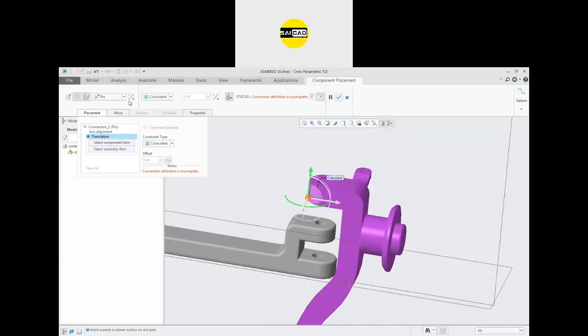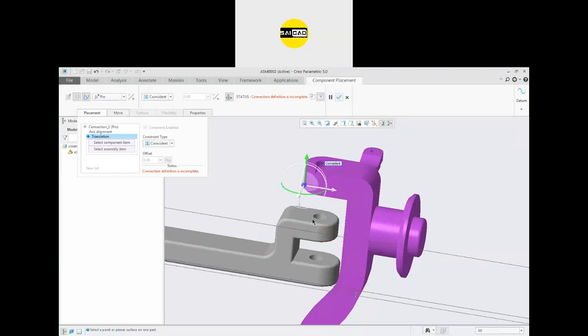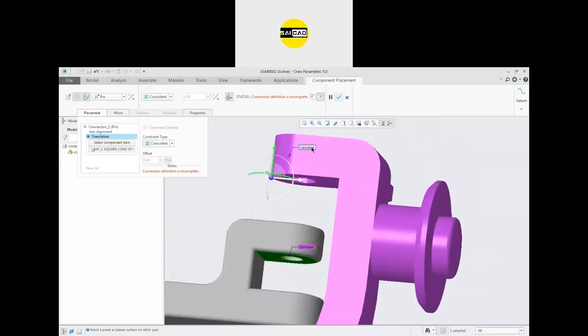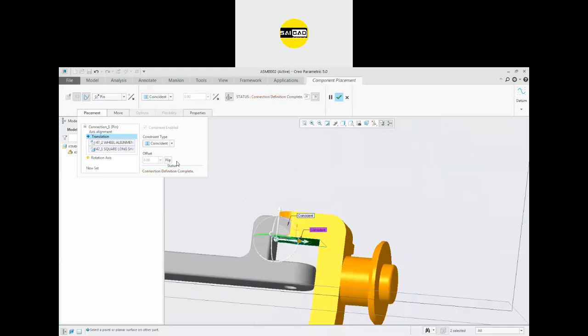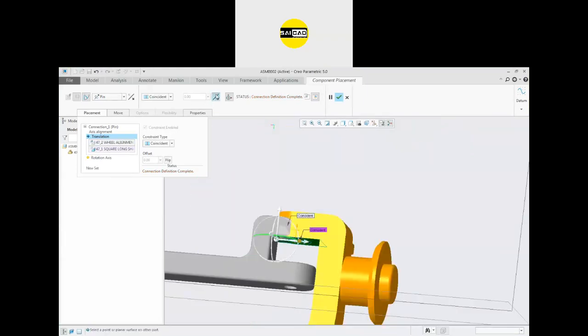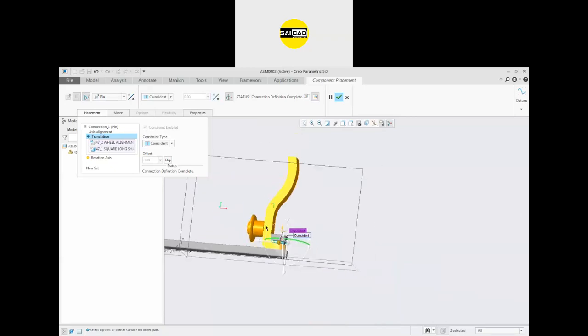To flip we have to select the flip from here, but right now it was set accordingly, so the flip doesn't work right now. After that I'm going to specify that this face and this face are coincident, but now I have to flip that. So this is the option that you can apply from here. To flip the component, you can rotate the component also from here. You can see that.